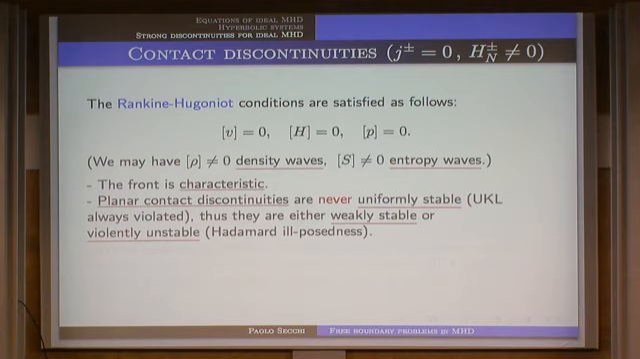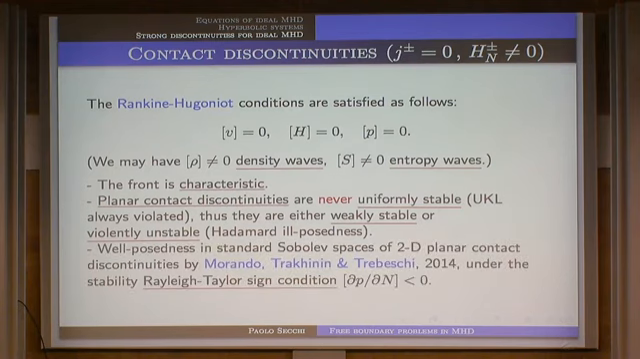Again, the front is characteristic, and as before, for Alfvén shocks, planar contact discontinuities are never uniformly stable. So they are either weakly stable or violently unstable. Again, I don't know if there is a precise description that says for which states we have weak stability or instability. I don't know. But there is this recent result by Morando, Trakhinin, Trebeschi about the well-posedness